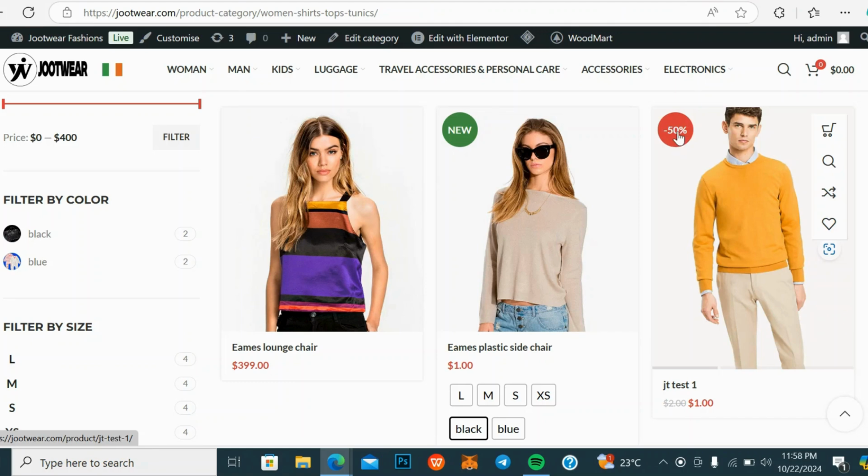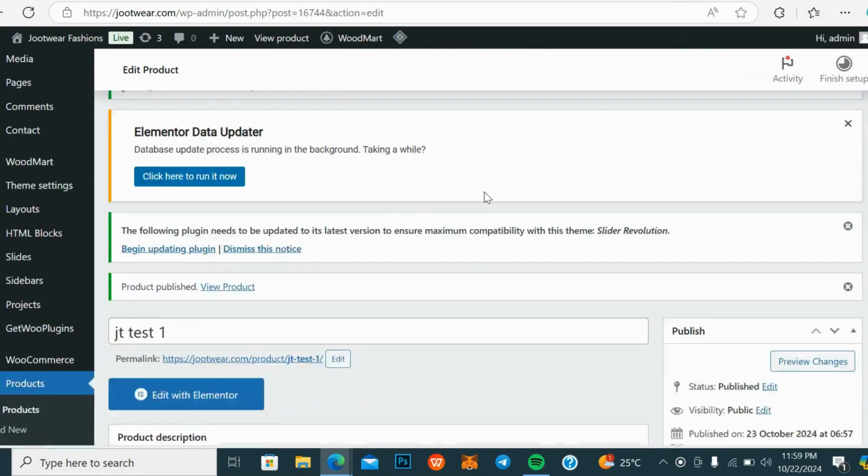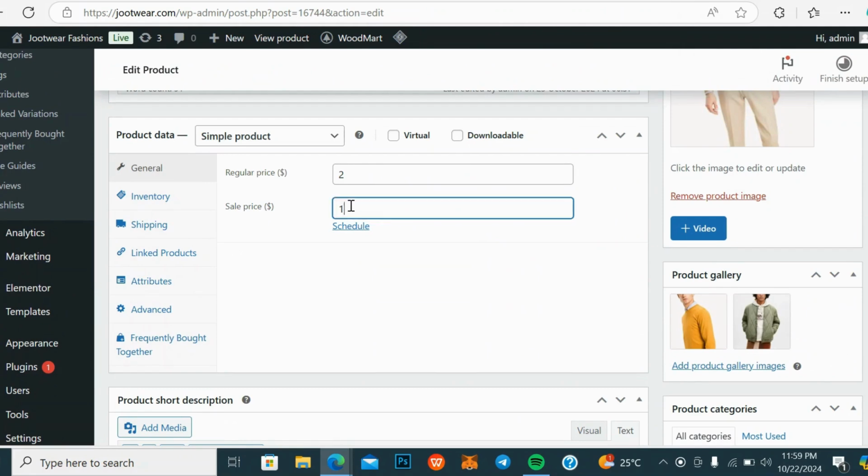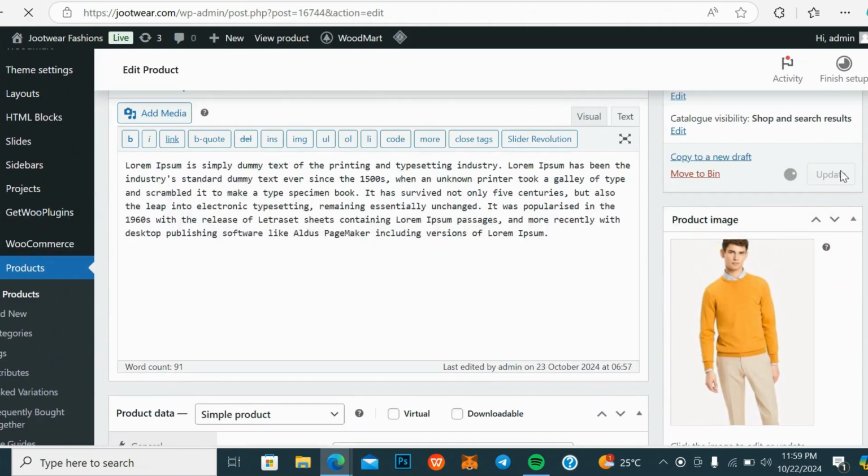Do you know why this is showing here? Remember when I told you that you can add the regular price to be $2 and add the sales price to be $1? This is it here. Can you see that the regular price is slashed? That is a discount. That means you are offering your customers a discount, right? And they are going to see it this way. But if you want only one price to be showing here, just go back here and remove this sales price. Then we'll leave the regular price at $2. So when I save it now,